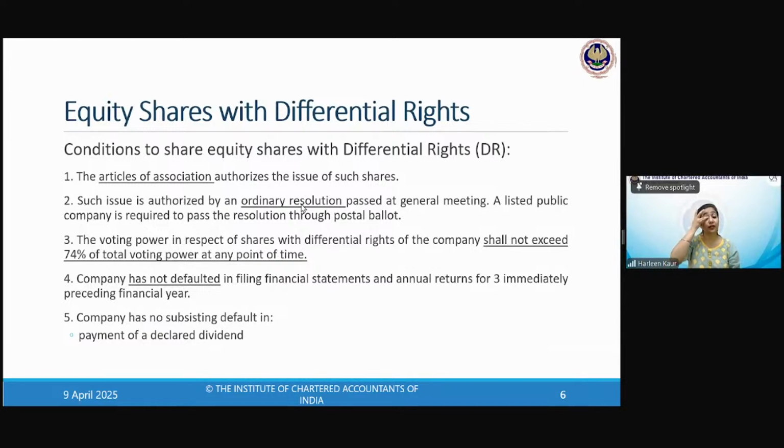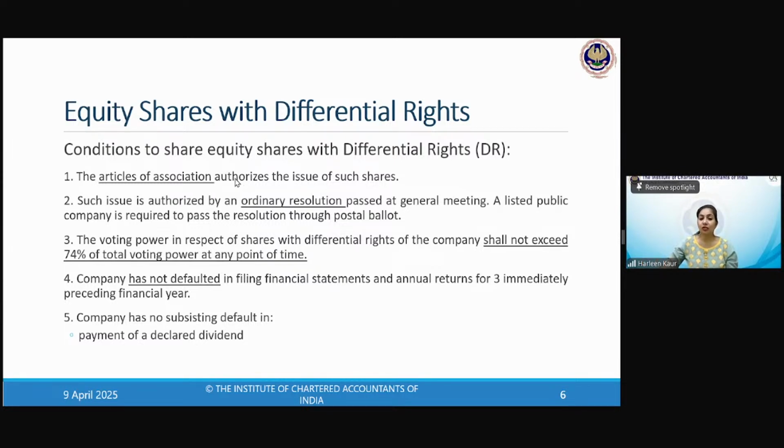Equity shares with differential voting rights. After that, we discussed at length in section 43, where you have seen the parts of share capital, equity, and preference share capital is given. Differential voting rights shares are given. So we have had a quick recap in the previous class also, but as we always follow a ritual of revising and then moving forward. So any doubts in the DVRs?